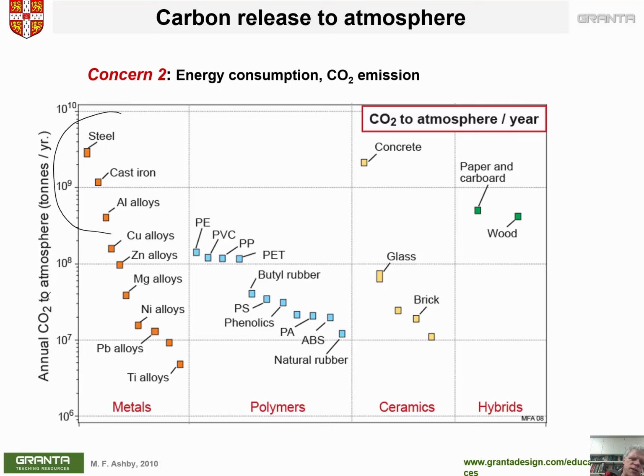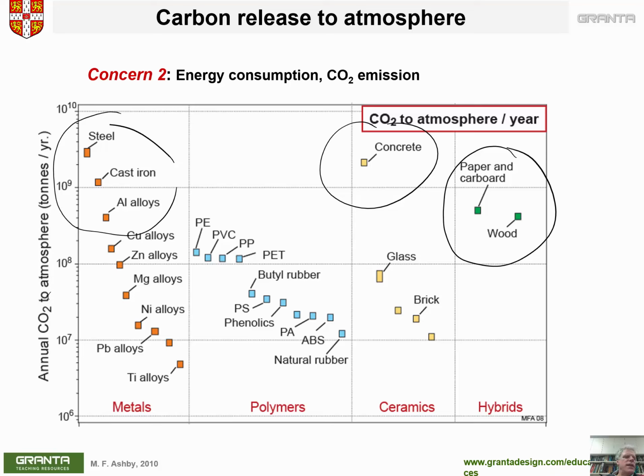Again, steel, cast iron, aluminum alloys are a big deal. Concrete's a really big deal. Paper, cardboard, wood are really big deals. And these are really big drivers in our economy in terms of what brings CO2 out into the atmosphere. Mostly I'm just showing this as raw data, but if you're going to make a difference, you've got to deal